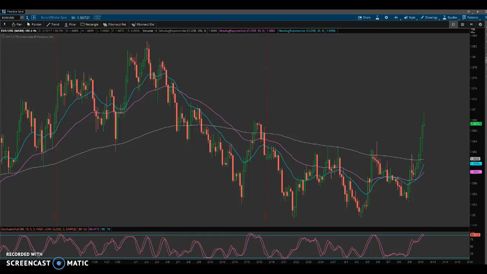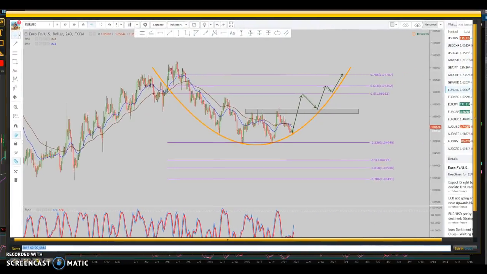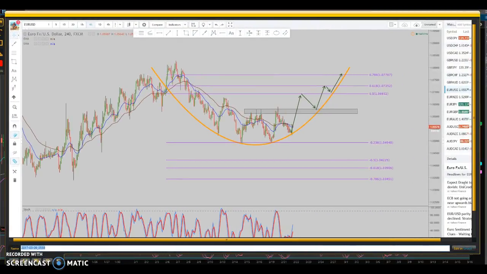But anyways, I'm going to bring this over here and just give you a little look at what I was seeing potentially happening on euro dollar. This was earlier on in the week, so this move up here, this is a 4-hour chart. This is just a screenshot from yesterday or the day before. I don't remember exactly when it was, but